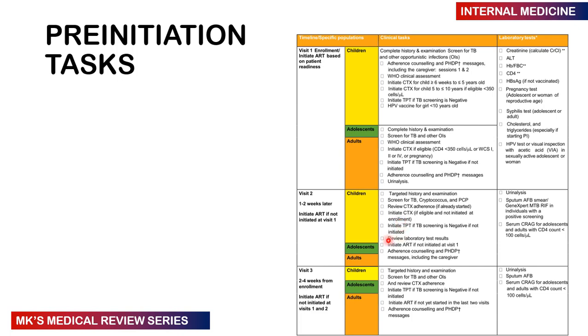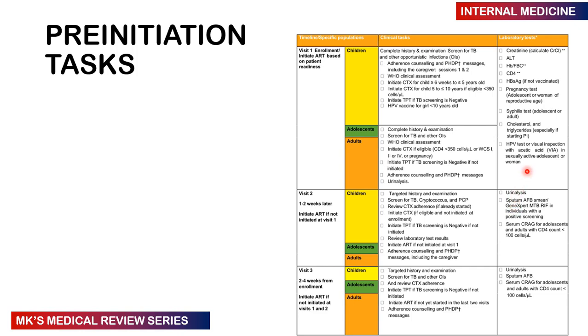Then, of course, review the lab results, for those that you took at the first visit. Then initiate them on ART if they haven't been started at the first visit. Continue counseling them on adherence and compliancy. Then, of course, you can order a urinalysis or do a urinalysis, get sputum for acid-fast bacilli stain or